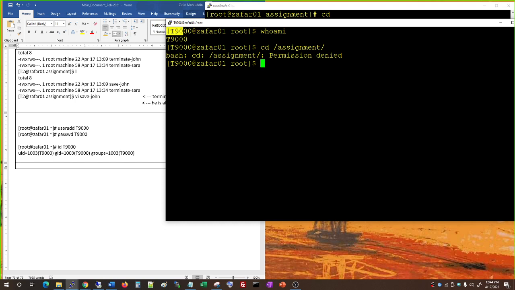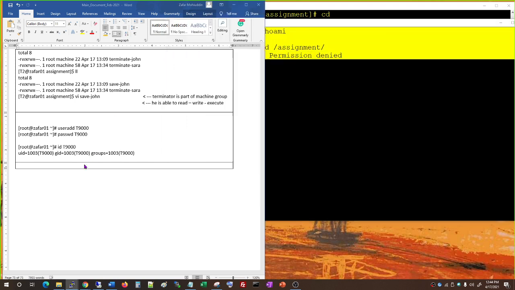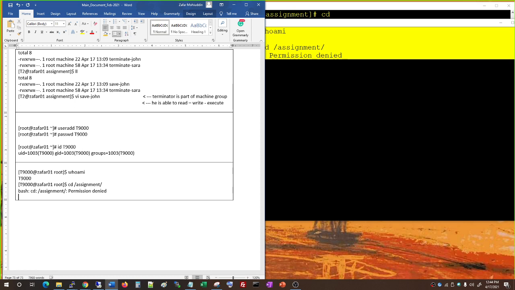Okay. I hope that this makes sense here. You know how you could add him. The moment I put him in the group, boom, he is able to do whatever task he wants. So